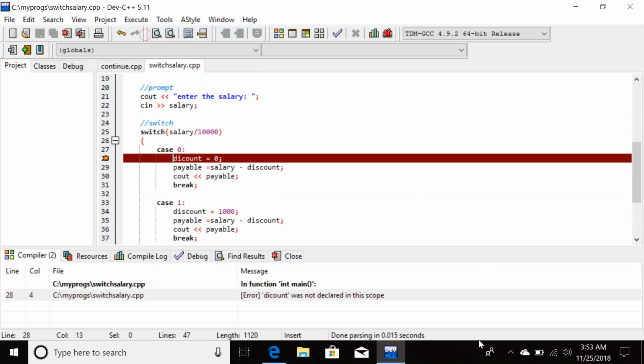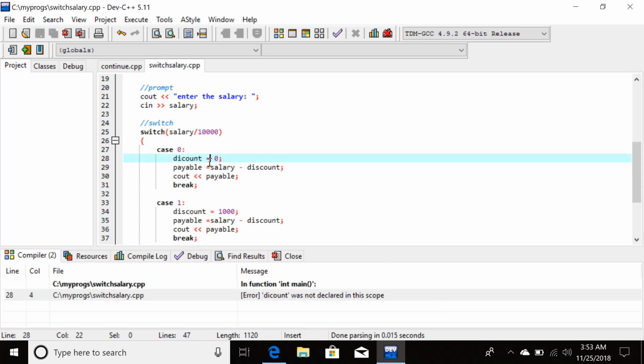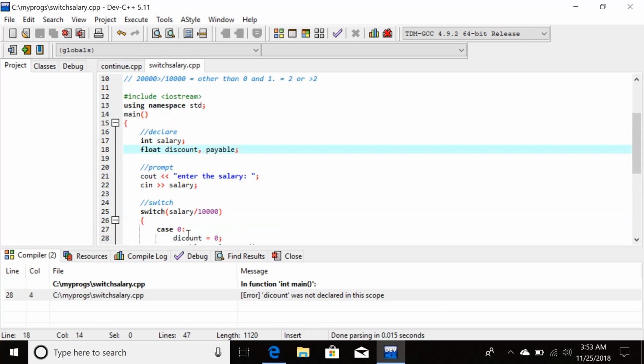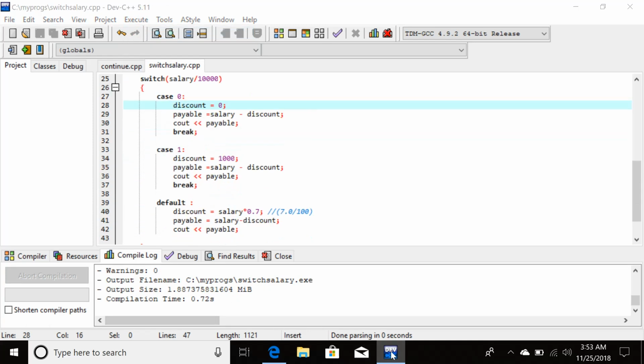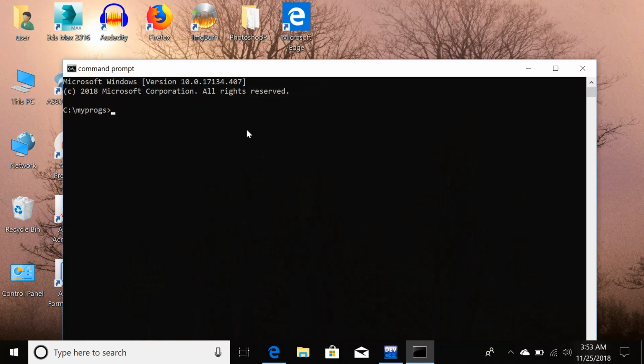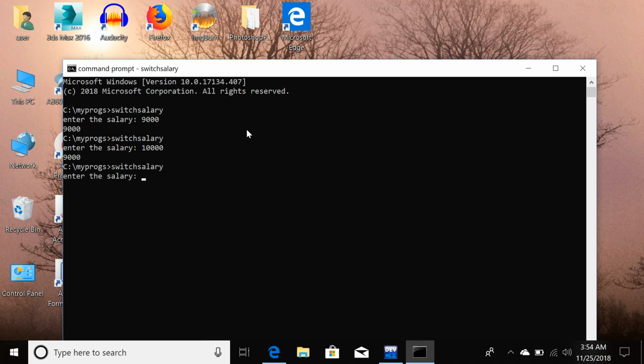If I compile it or press F9, okay, discount, what is the problem here? Oh, it is discount, not decount. There was a typo. Okay, everything is right. Go to the command prompt, run switch salary, enter the salary. If I enter 9,000, okay, no discount. If I enter 10,000, the discount is 1,000. Perfect. If I enter 20,000, so the discount